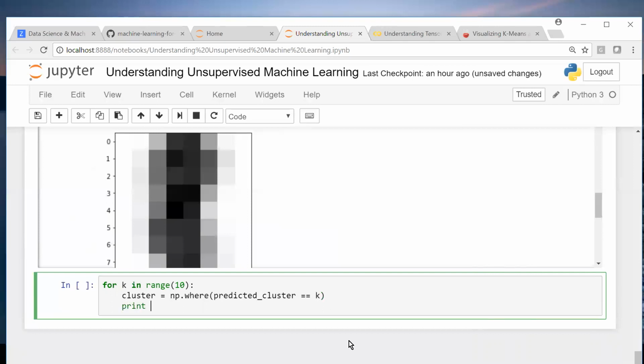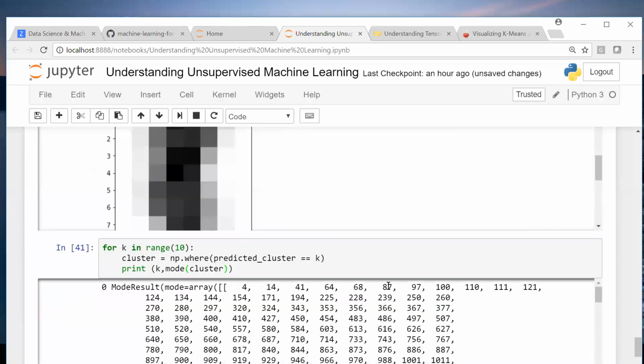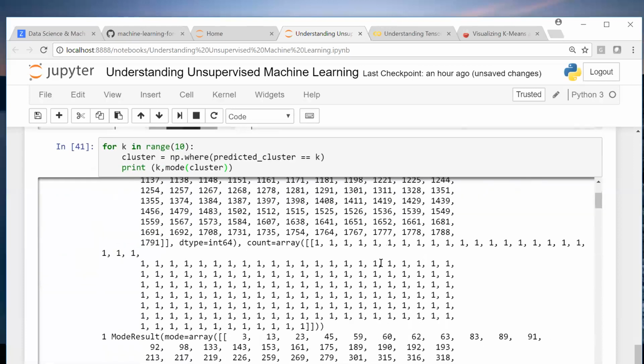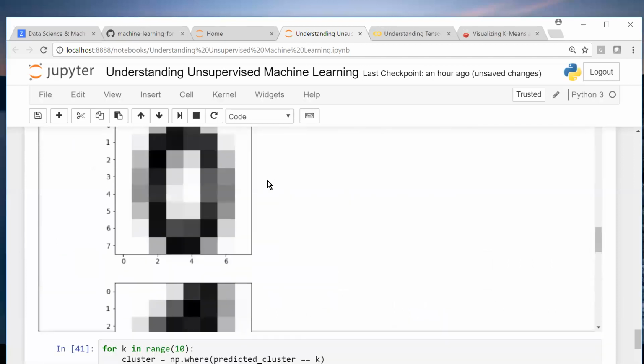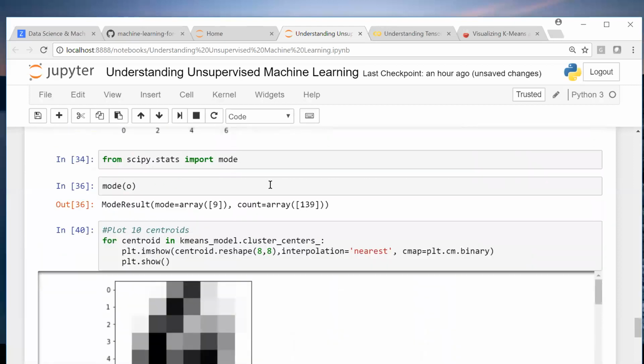Print k, mod, cluster. Why is it like this? Oh, was that mod or mode? More.